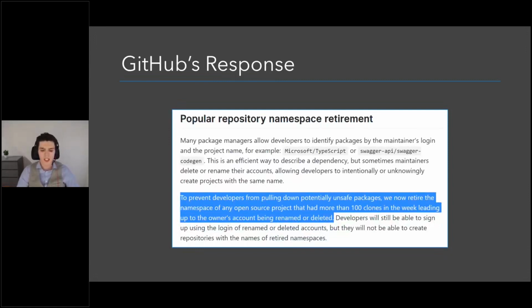So this is a mitigation that they implemented to ensure that really big repositories aren't being hijacked. They've got examples here, for example, Microsoft TypeScript or Swagger API. Those are really big repositories. And because of this, if they have 100 clones in the week leading up to their deletion, then no one